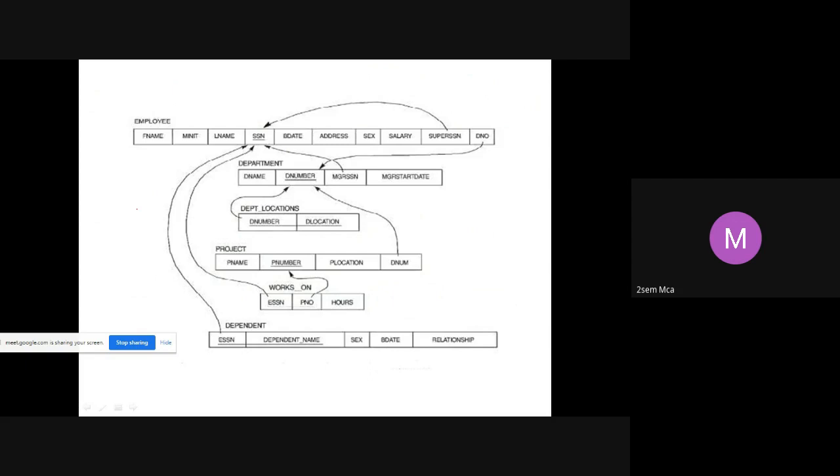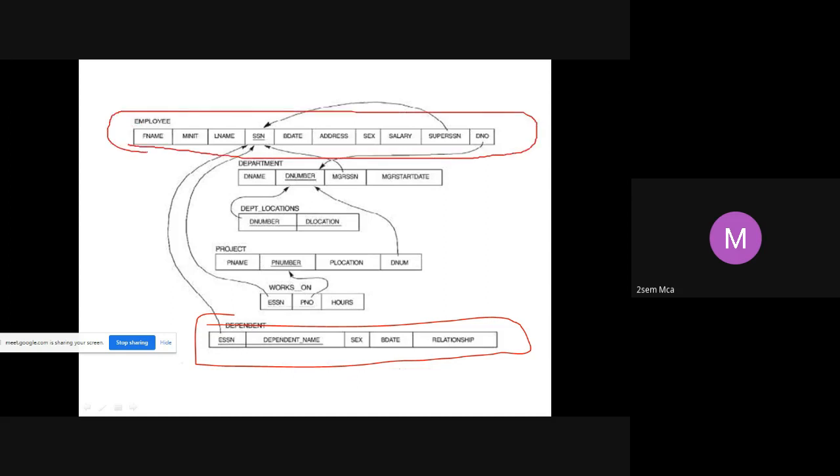We have to find out the names of employees who do not have any dependents. What are the tables that we have to access? This is our main table, the dependent table, and we should also access our employee table. These are the two tables that you have to access.